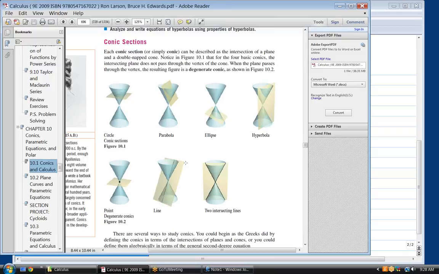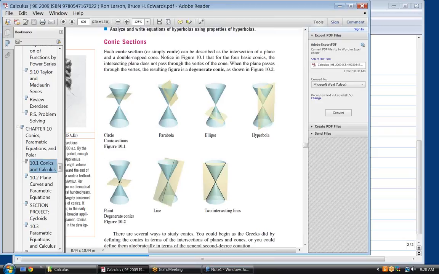And if the plane is at an angle that's not at the edges, in other words, that didn't go through there, it went through a corner of the upper cone. Yeah, I think I see how it is. Just went along the edges there. Right, so the only thing that shows up is a line, and if the plane goes right down the middle, perpendicular, you get two intersecting lines,